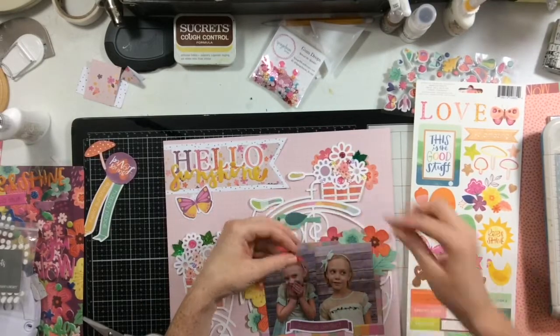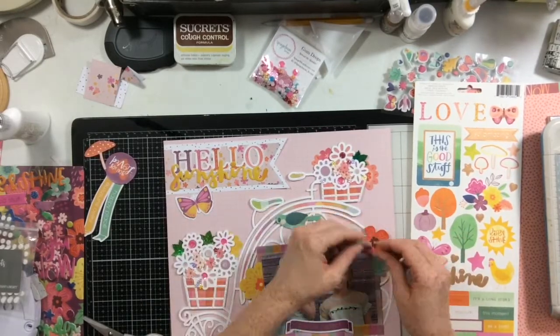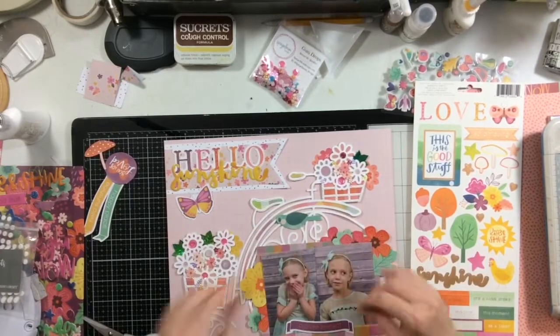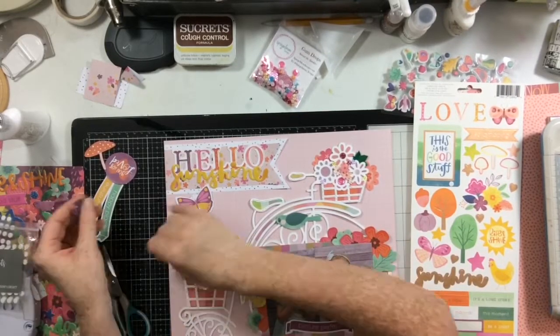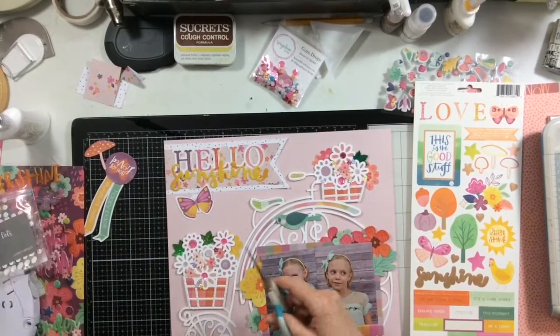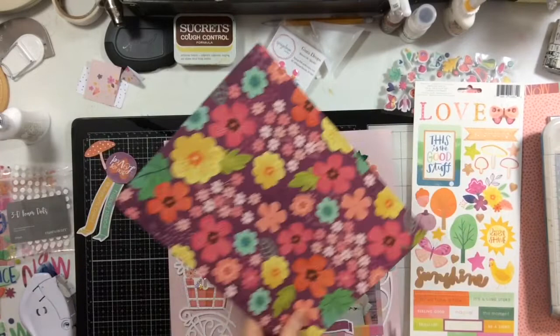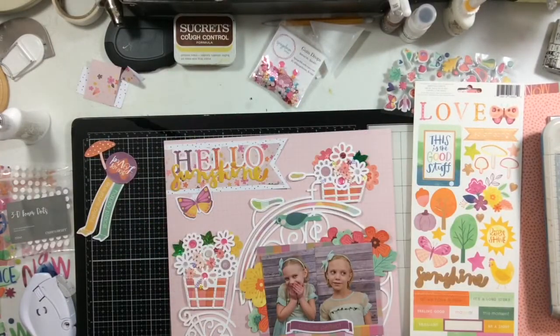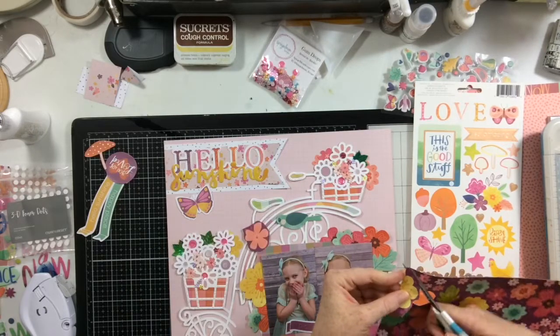So I'm just going to tuck more of these flowers in. I'm going to cut some in half to bulk up some of these clusters without having to actually cut any more flowers or use any more die cuts. Actually, I do end up going back here. You can see I'm going to fussy cut more of these flowers to decide where I want them